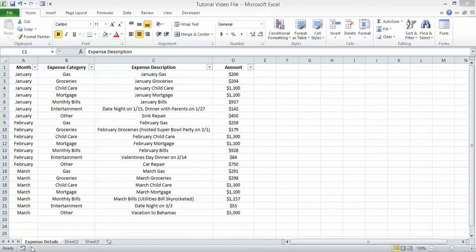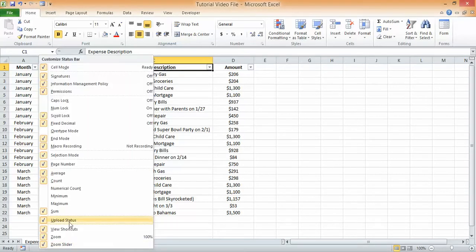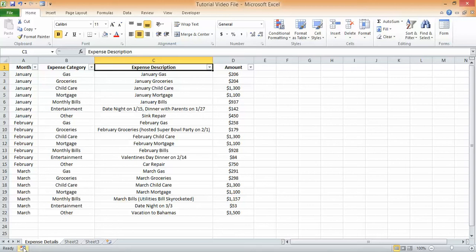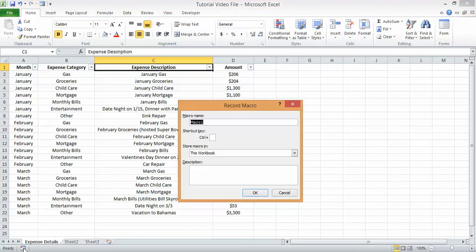Now, if you go down to the bottom of your screen here in this gray bar at the bottom and right click on it, what you can do is go up to macro recording and make sure it's checked. Mine is already checked, and so what's appearing on this gray bar at the bottom is this little icon with this red dot in the upper left, and what we want to do is click on that to start recording